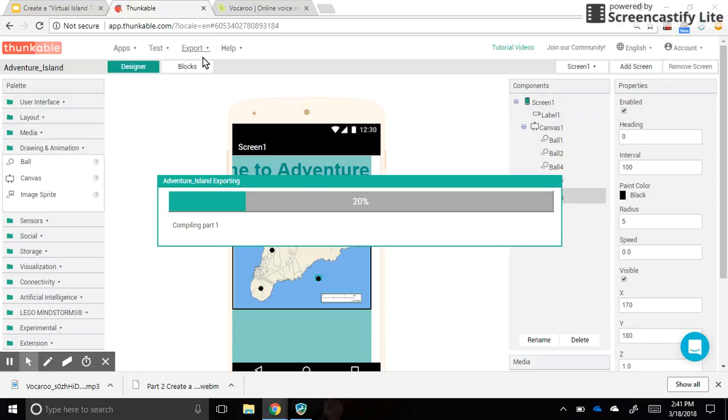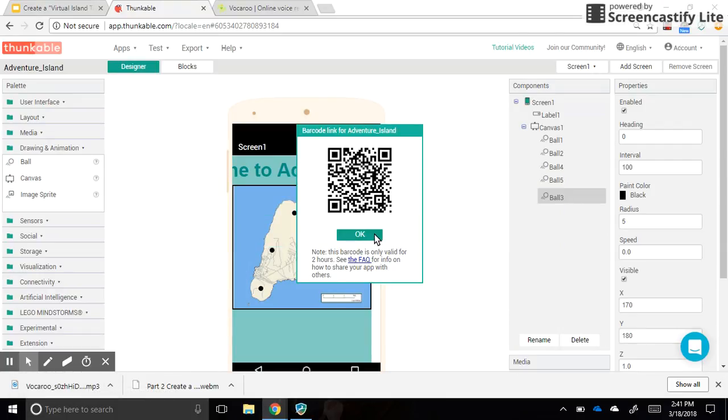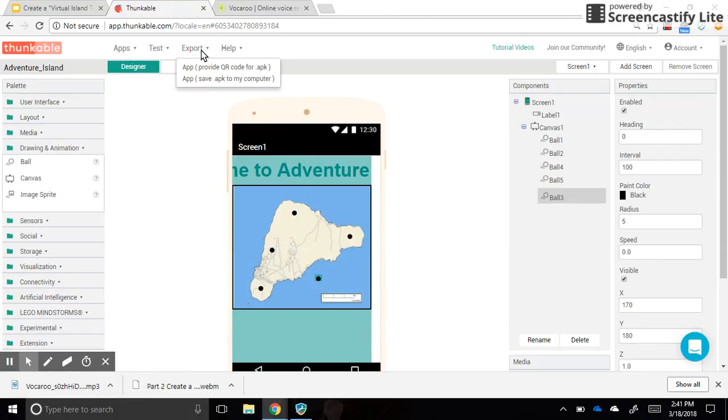If you don't have a tablet right now, the better option is to download it to the computer as an APK file, and you can email it to someone as an attachment. I'm going to show you how to do that. I can't cancel this though. To download it to the computer, you go to export, and it's the second option underneath that. That will download the app file to your downloads folder, just like we downloaded pictures and sound. There's that QR code I was talking about. Okay, for this option,